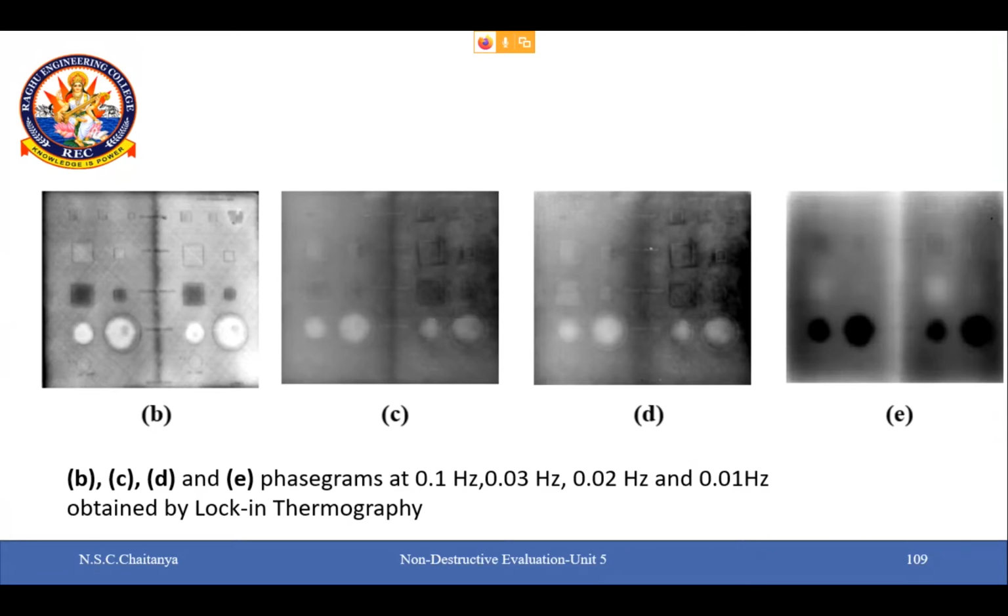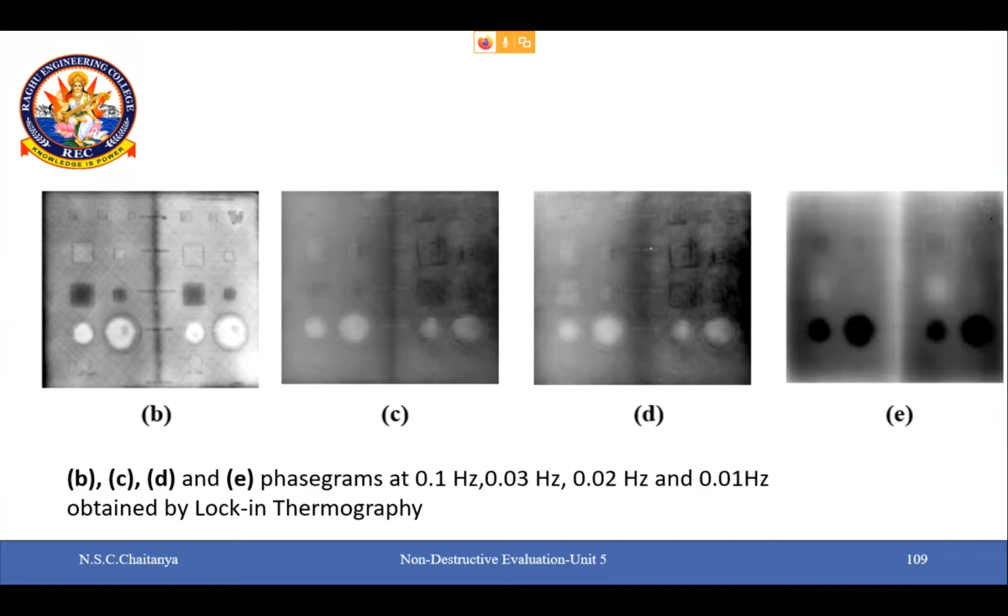Next slide, slide number 110. We have 3 more images, F, G and H. These are 3 more phasegrams at 0.04, 0.03 and 0.02 Hz, which are obtained by your